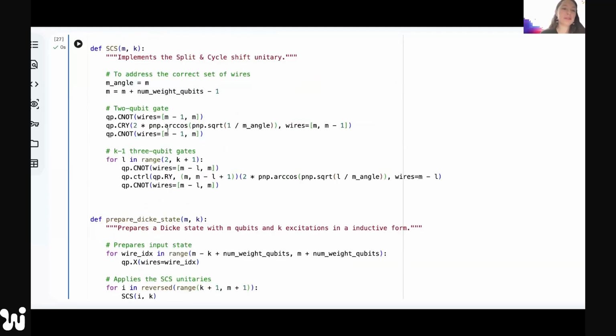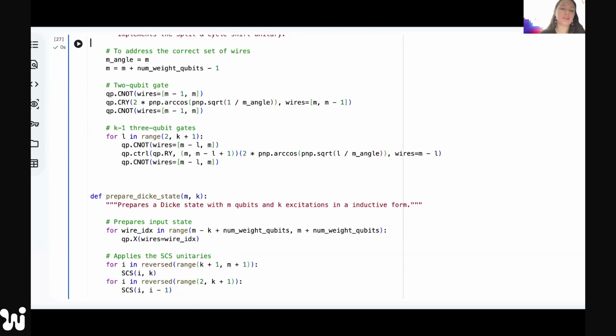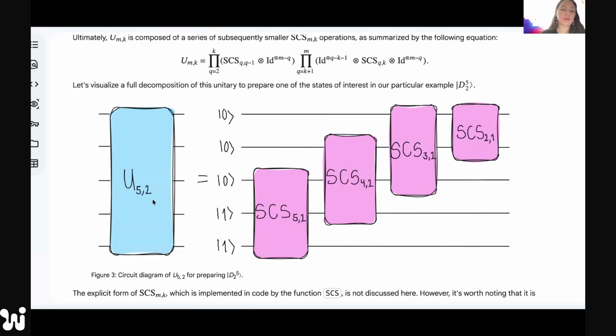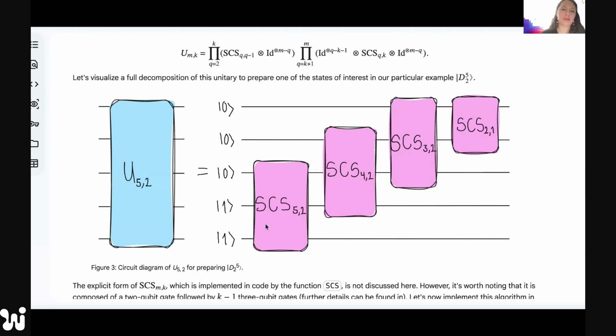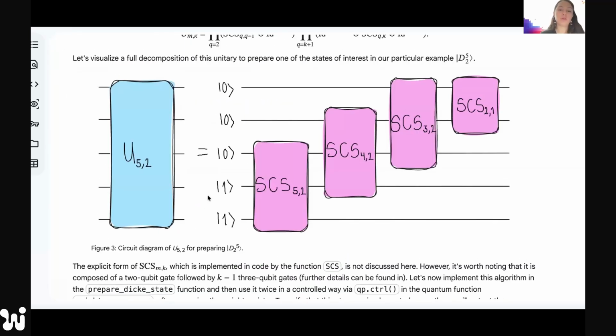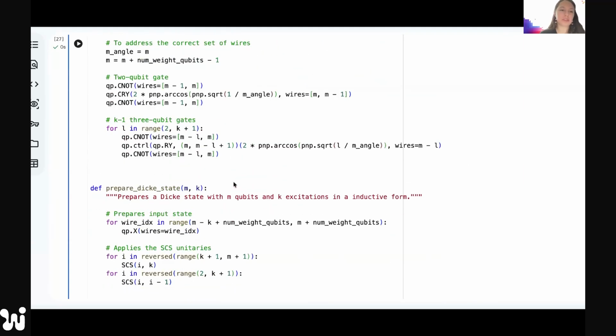I can now implement some CNOT gates, some 2-qubit gates and the 3-qubit gates. They will help me implement the unitary that is going to add the information to the problem. So depending on the specific unitary that I want to prepare, I have a set of mini unitaries that I can create there. All I'm doing here is preparing the work in order to be able to encode these amplitudes, so prepare these DQI states. I just need to do a little bit of processing, that's all.